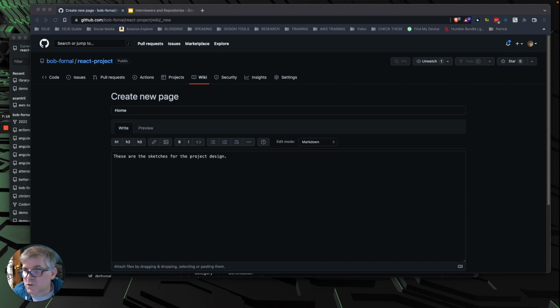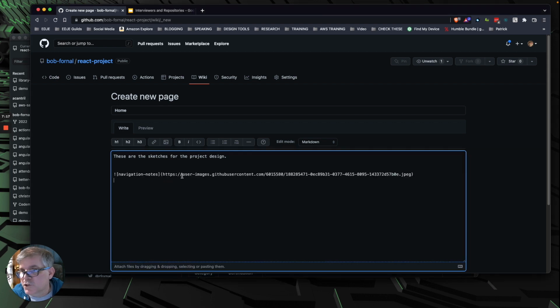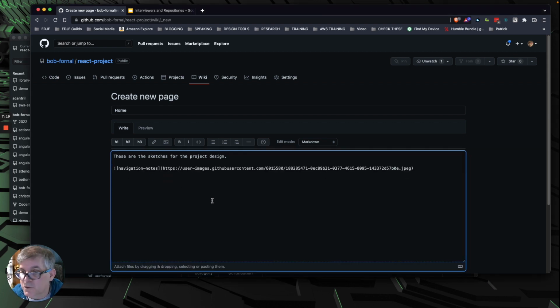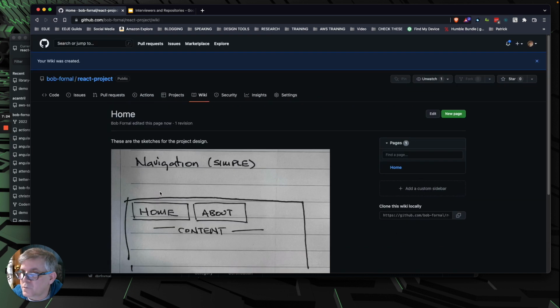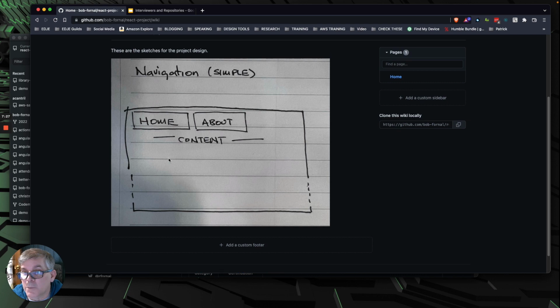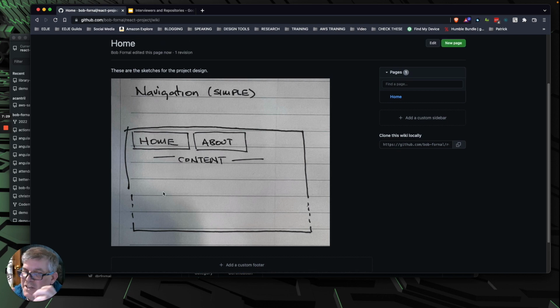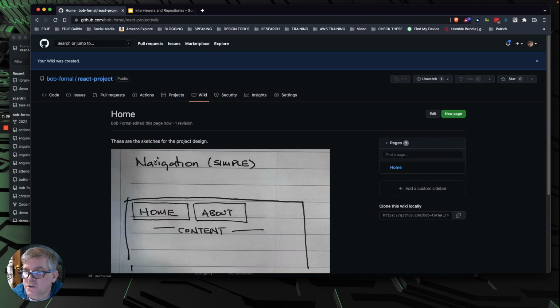And I might want to show them what's going on, but at the same time, you want to show that you've actually thought about this repository, that you thought about this project. Okay, and we're going to save this. So now you can see this is a really complex project I'm putting together. My sketches are usually much more than this, but all I want is a simple navigation. I want a home and an about. I want it to highlight when you click on them, and we'll eventually build unit tests against those. But if I'm bringing someone into the project, I've got these sketches that I can work off of. And it shows some care and concern and preparation and organization.